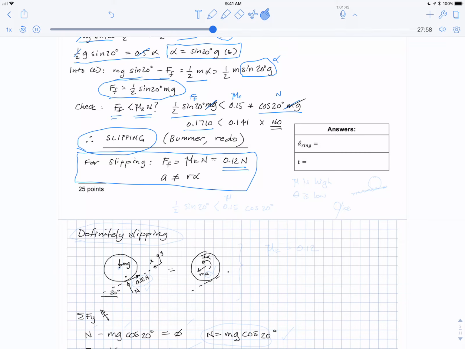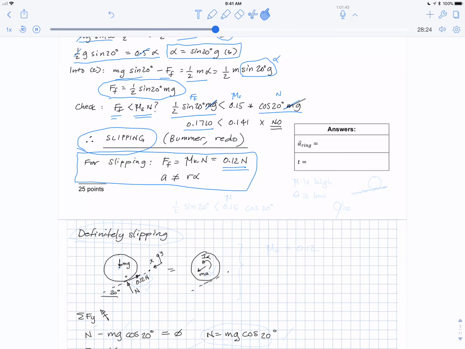So that begs the question, if you guess wrong, you're going to end up doing the problem twice. And if you guess correctly, you only do the problem once. And so you're kind of wondering, is there any way to know beforehand if it'll slip? And not really. However, we can learn some things about this. So if it's not